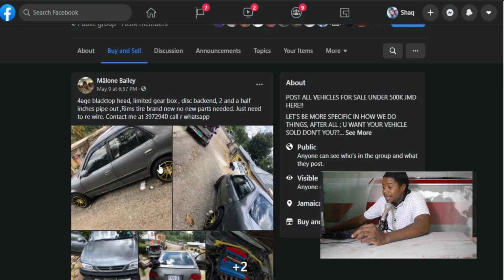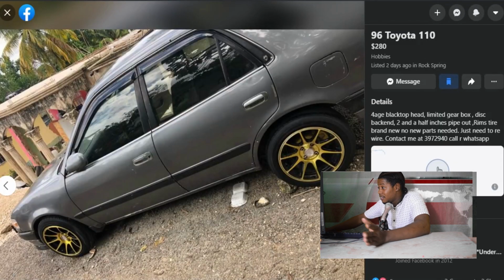Okay, so here we have a 1996 Toyota 110. You know, the 110s now sell for more money, but this one is selling for 280,000. You see me? We'll take a closer look at it. Okay, so straight off at the back, we can tell the side of the vehicle is looking pretty clean. I don't see any damages there. It has some nice